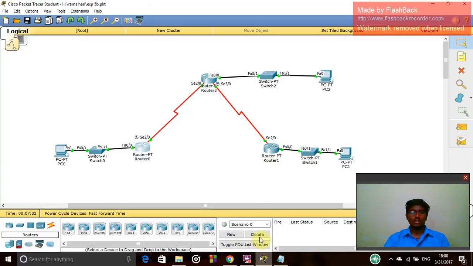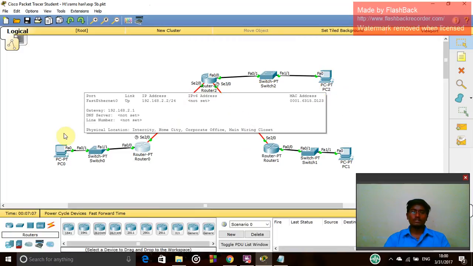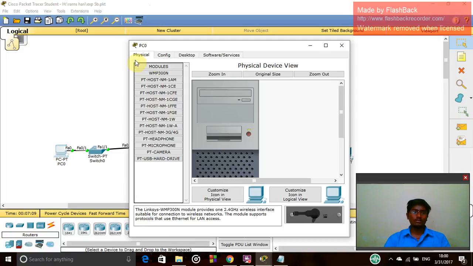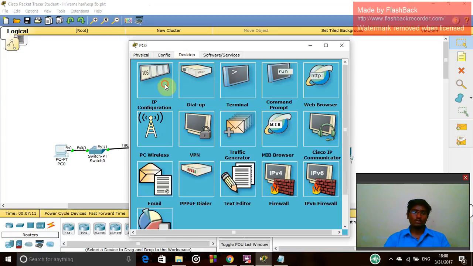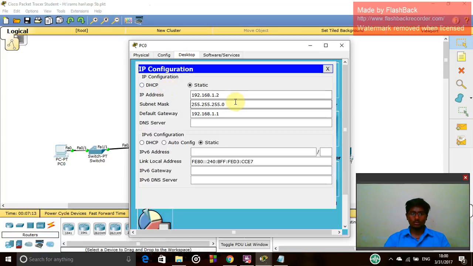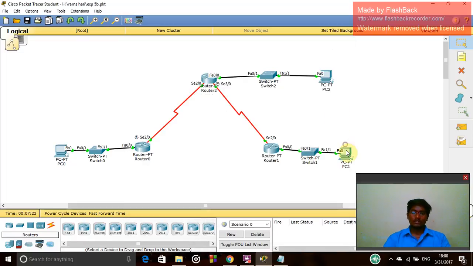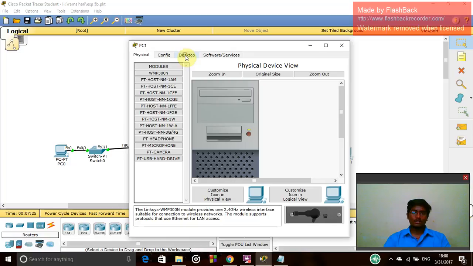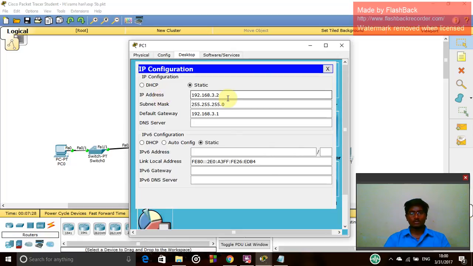table. I have already given all these things: I enabled the routers and switch configurations, and for PCs I have given the IP addresses. In order to give the IP addresses, we need to go to the IP configuration and give the IP address according to the table. You may give any number, but the default gateway and subnet mask will be given by this table only. In the same way I have given for all these devices. So if I see this IP address, it is